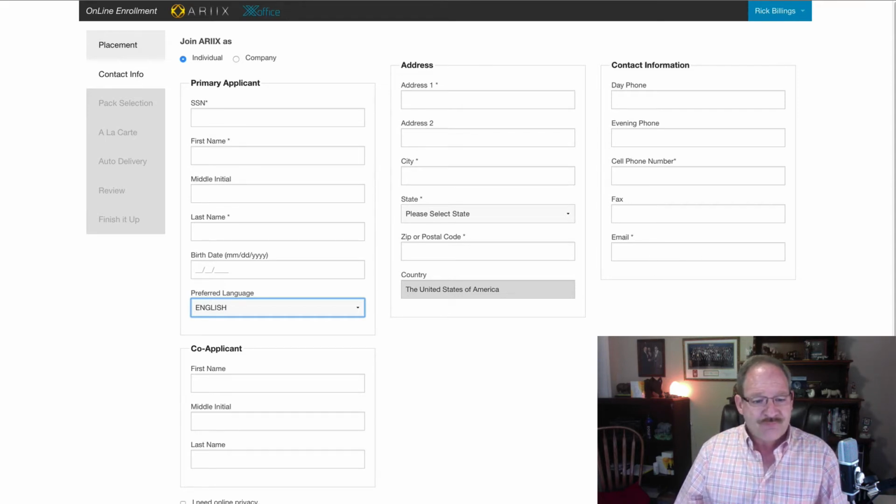And then the online privacy would be checked if they would not want to be recognized, for privacy. If they were in another company, and ARIIX doesn't care if you're in another company, but if they were hiding out from another company or whatnot. Okay, so you just hit next right here,